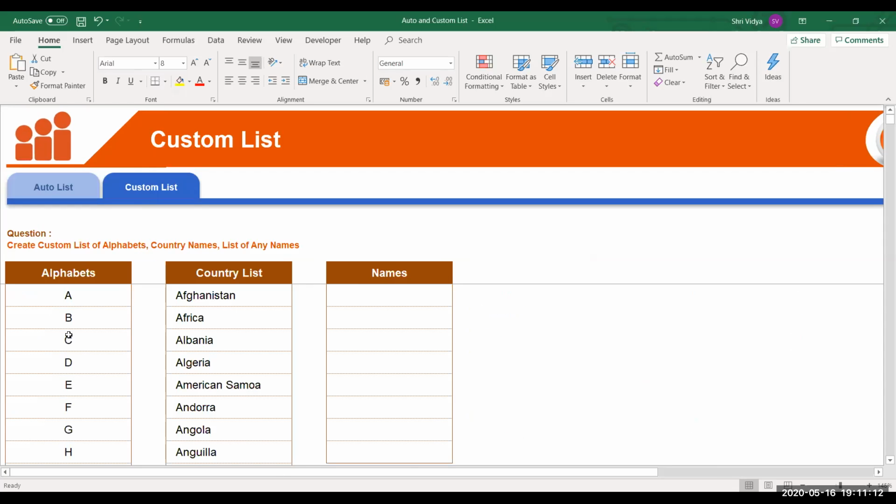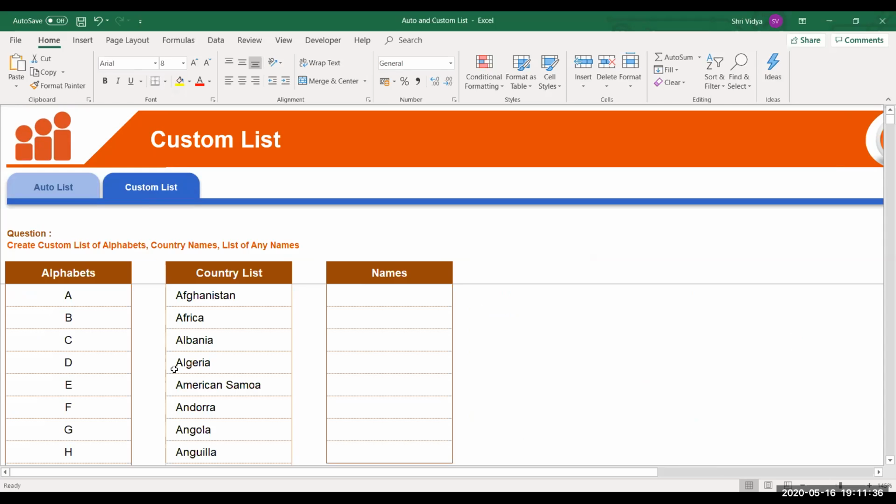So what do we do? We go to the main file where we have the contents of all of these. We copy that and paste it in the file where we want to create the report, and use it again. This is a long process. If I want it immediately, I should be able to get it just like the way we are seeing this auto list.